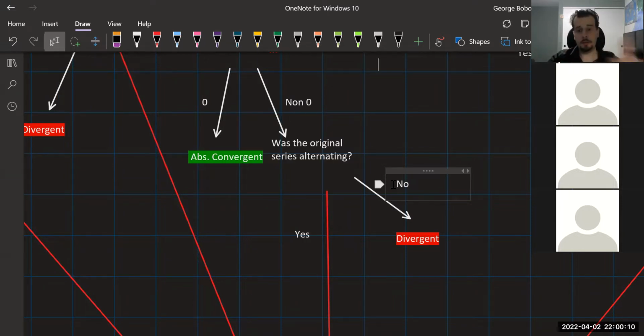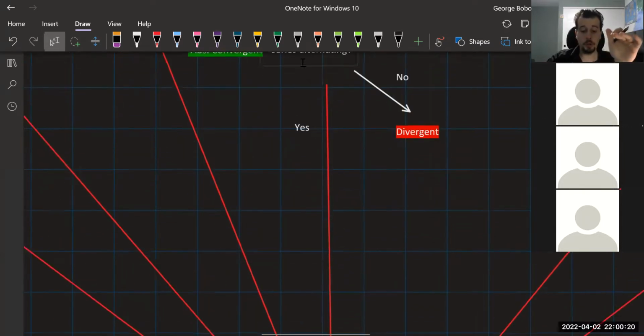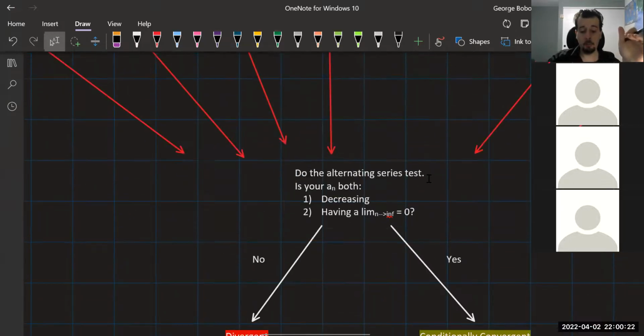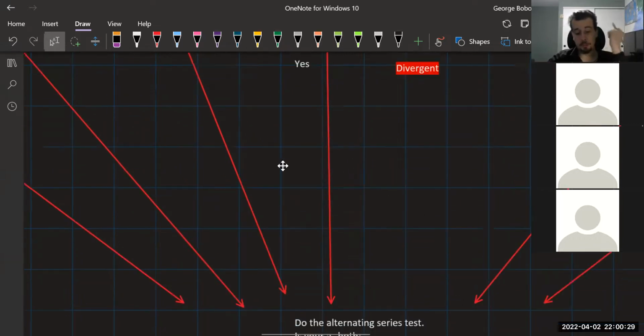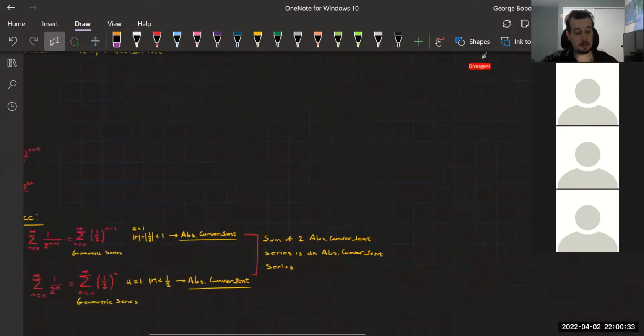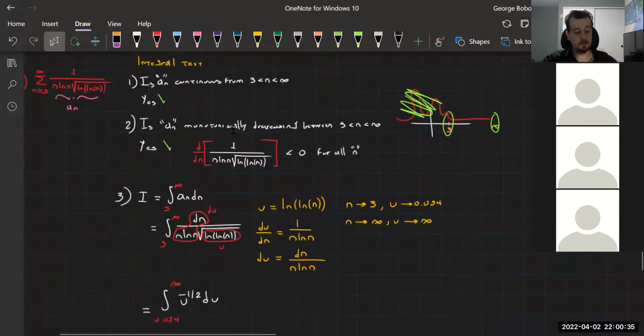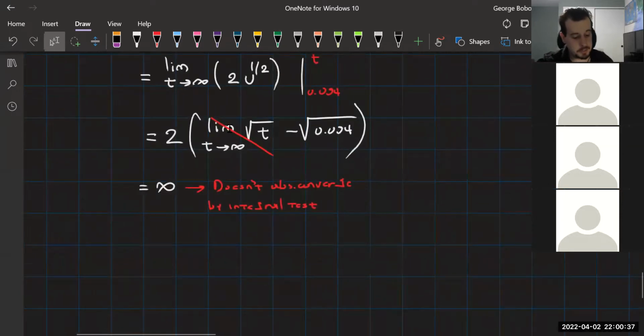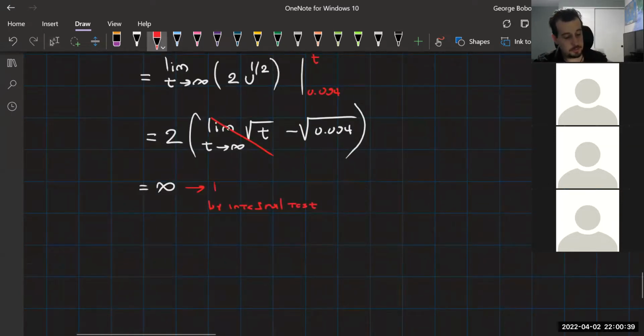So we don't have to do an alternating series test because we failed absolute convergence. If you fail absolute convergence here, you're done. You're divergent. Done. We're not alternating. If we were, then we'd have one last chance to converge down here. But we're not alternating, so we stop here. It's my bad. I thought there was a -1 there. And so this diverges.